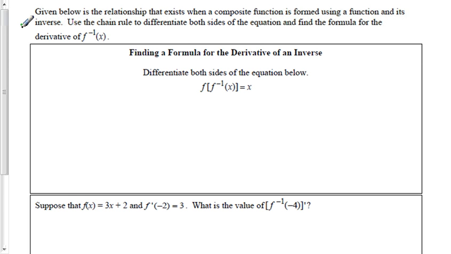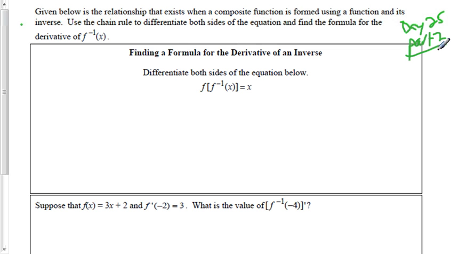Okay, this is day 25. This is going to be part two. Let me write that down there. Day 25, part two. So, given below is a relationship that exists when a composite function is formed using a function and